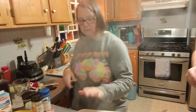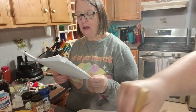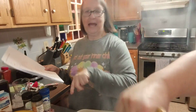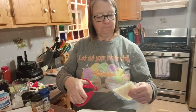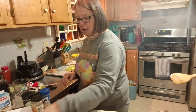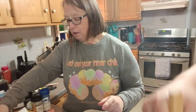So, we got the onion and the celery. After that's done, I'm going to add the onion and the celery and cook it for 3 minutes. Then I add the garlic after that. I don't like to add the garlic right off in the Instant Pot. Alright, so in the meantime, since all the vegetables are ready, and the potatoes are going to go in after,